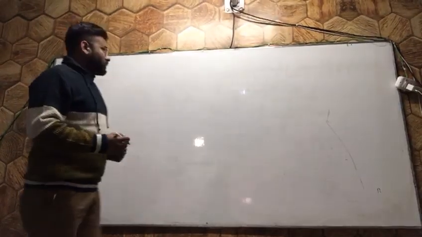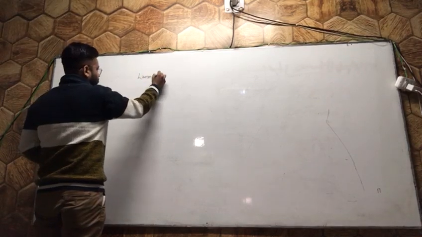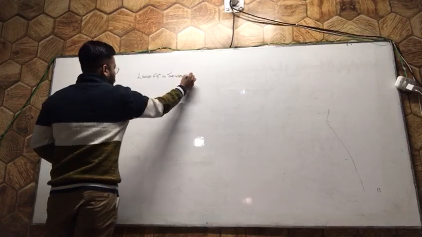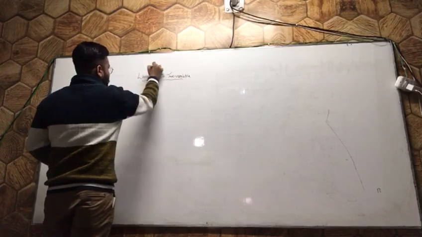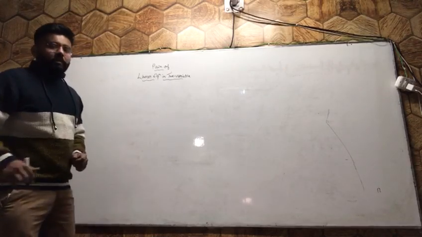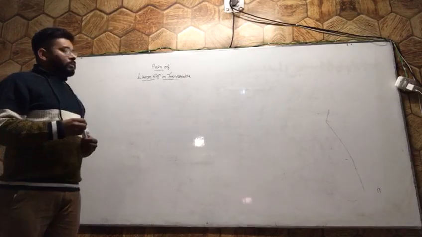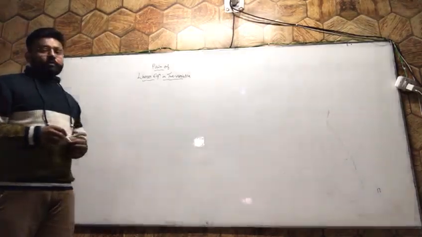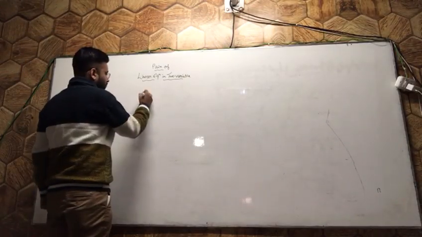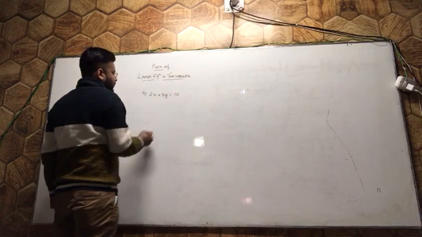Now our topic is linear equation in two variable, and here we will study about pair. That is, there will be two linear equations by which we are able to calculate the value of unknown quantity. If we take a simple linear equation, 2x plus 3y is equal to 10,